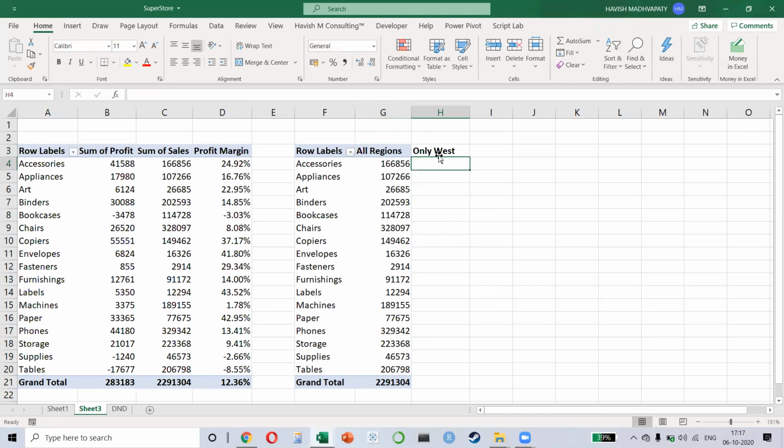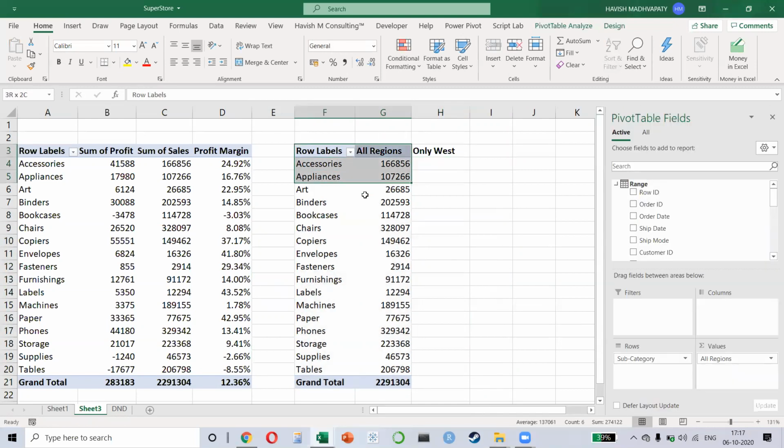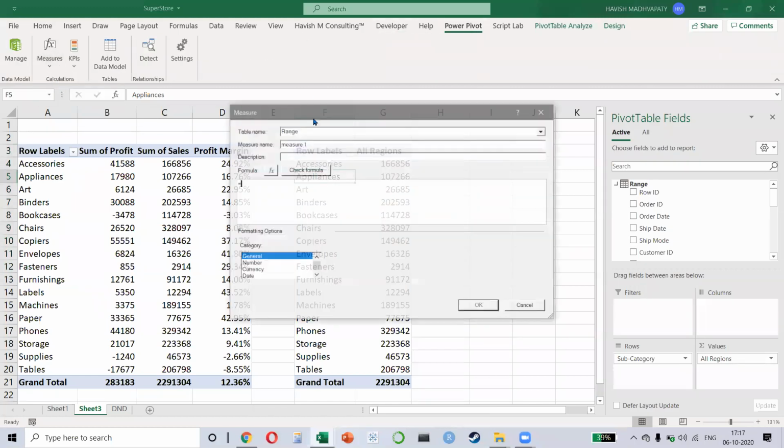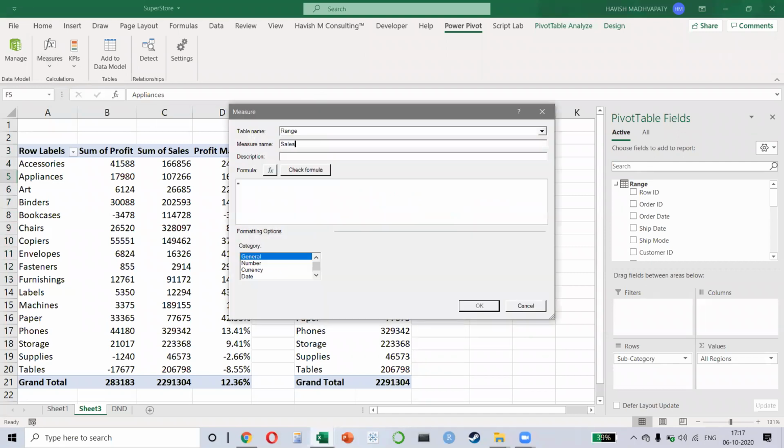Now you can't do that because you can only apply a filter to the entire pivot table. But I want to apply a filter to only a single column in the pivot, right? So let me show you how this works. We will again go back to Power Pivot and create a new measure. And this time I'll say sales for only the West region. And what will we say? We'll say that we want to calculate the sum of my sales amount. And what is the filter? The filter is that the region should be equal to West, like this.